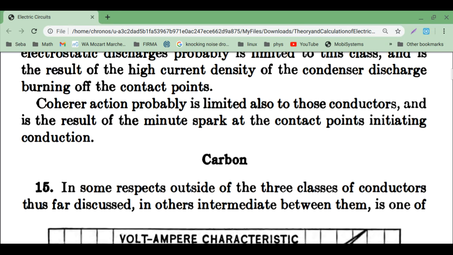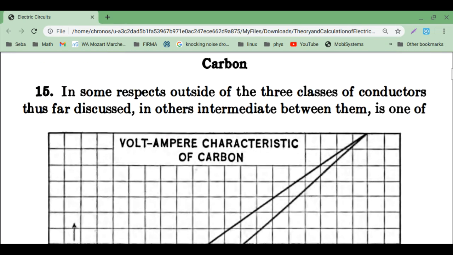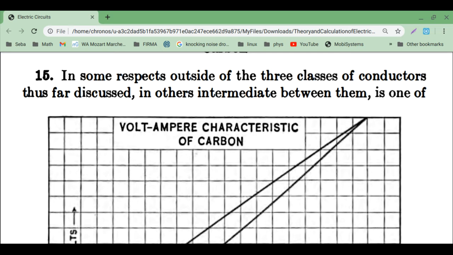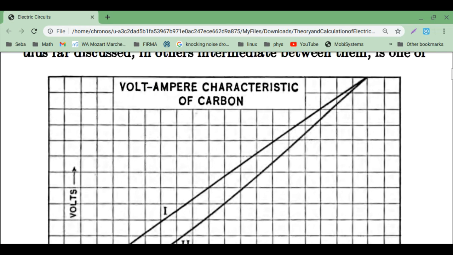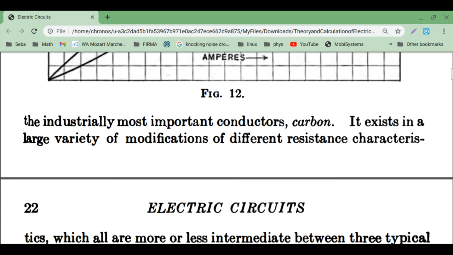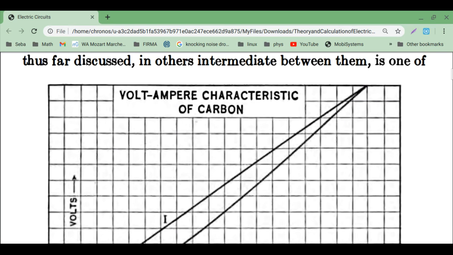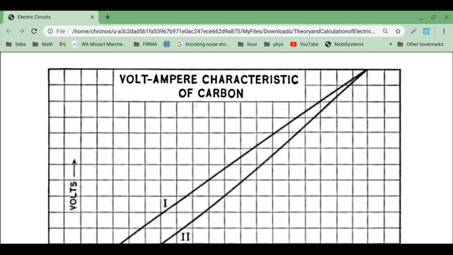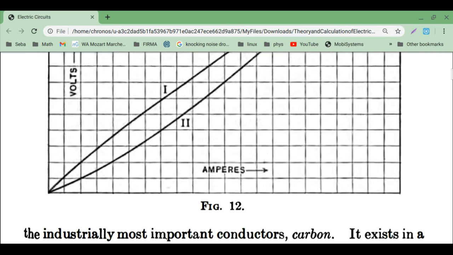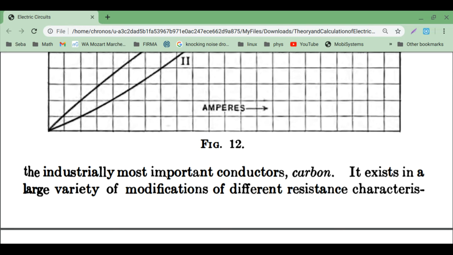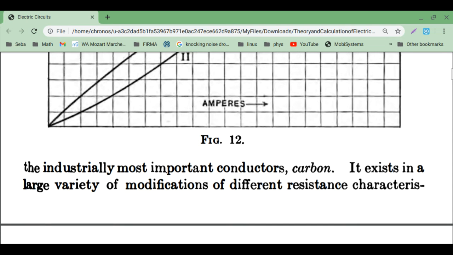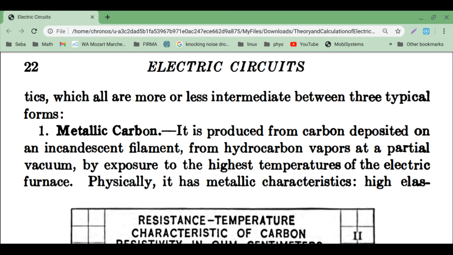points initiating conduction. Carbon. In some respects outside of the three classes of conductors thus far discussed, and intermediate between them, is one of the industrially most important conductors, carbon. Volt-ampere characteristic of carbon. It exists in a large variety of modifications of different resistance characteristics, which all are more or less intermediate between